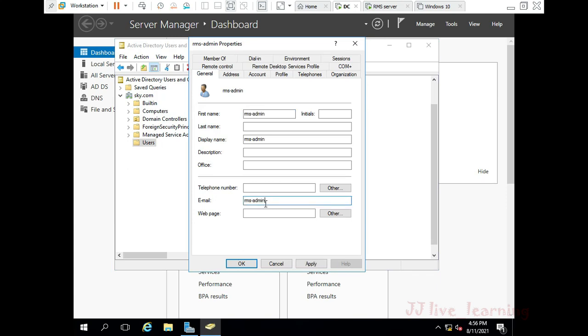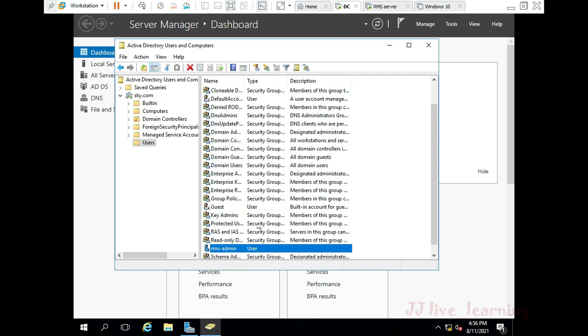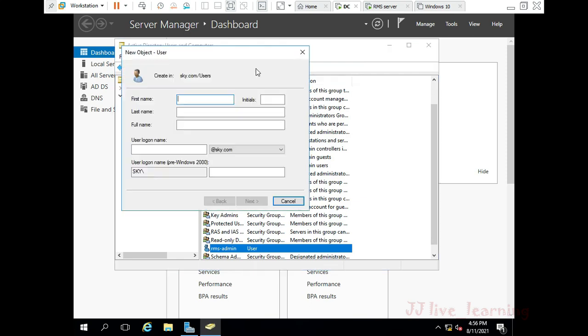After creating the user account you have to add your email account in the user properties. For all the user accounts we create on your DC, you have to set the email account. Now the second user we are creating here is rms-service.